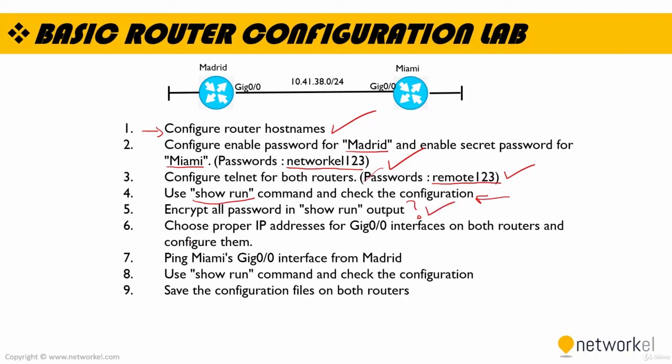Now, in the 6th step, choose proper IP addresses for Gig00 interfaces on both routers and configure them. Let's first choose proper IP addresses for the interfaces. As you can see, the network ID between the Madrid and Miami routers is this one. My network ID is